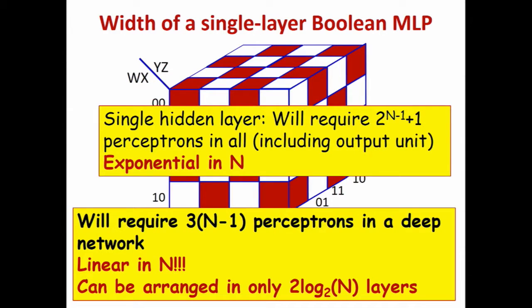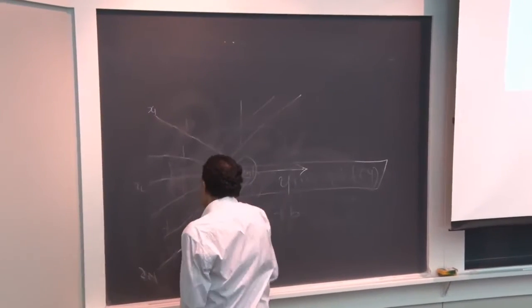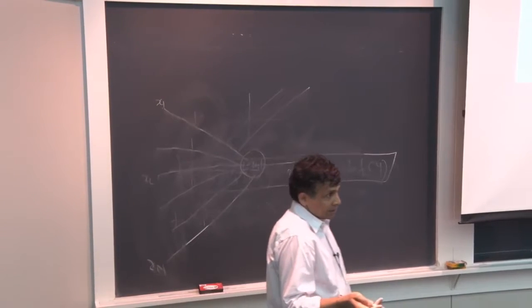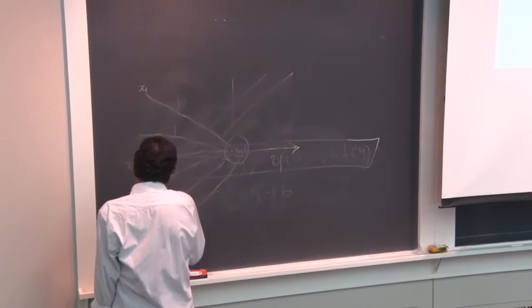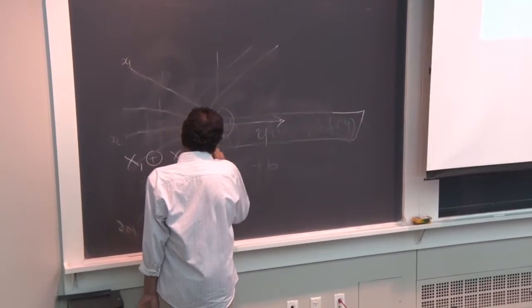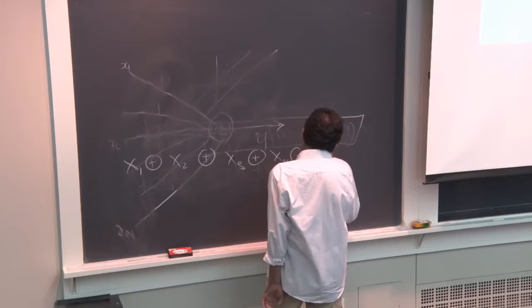Now, there's more to it than that. It's not just such a naive explanation. So when I begin XORing things, the way I did it is I just kept adding layers, right? I XORed one, then I added another layer, then I XORed the next, and the next, and the next. I don't need to do that. I can group things up like so. We know an XOR is associative, which means I can group things up in any which way. So if I want to do x1 XOR x2 XOR x3 XOR x4 XOR x5 XOR x6,